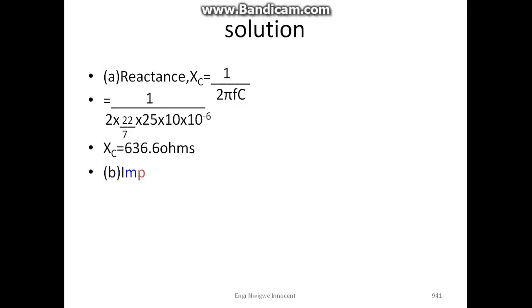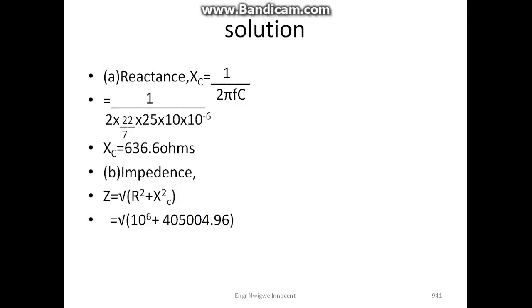B. Impedance Z is equal to square root of, in bracket, R squared plus XC squared, which by substituting the values we now have square root of, in bracket, 10 raised to power 6 plus 405,004.96, which will give us